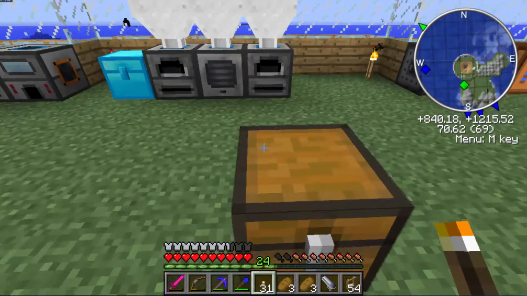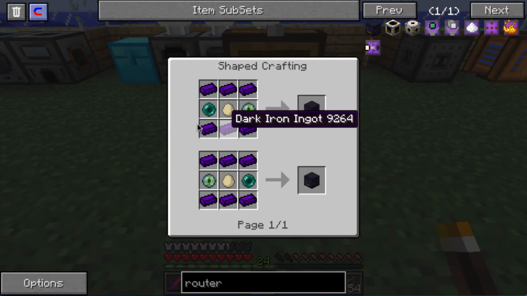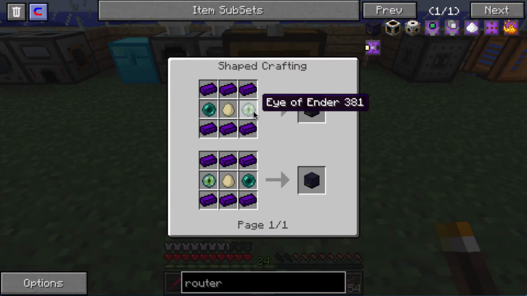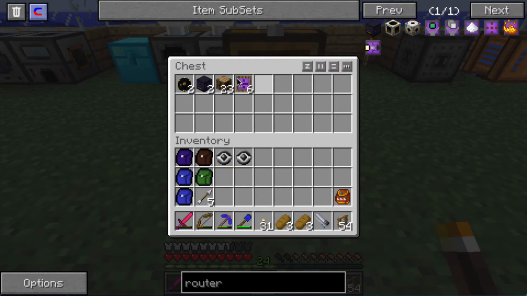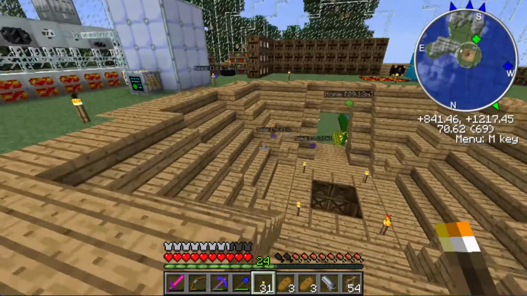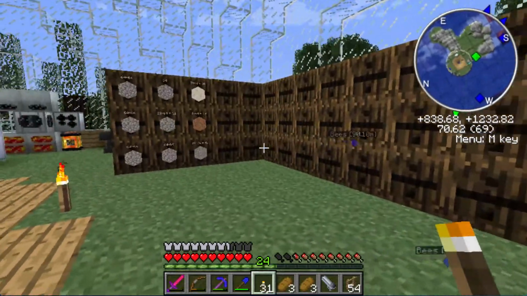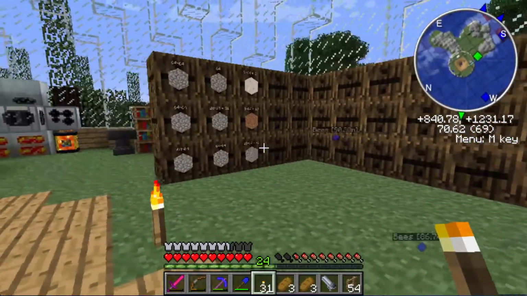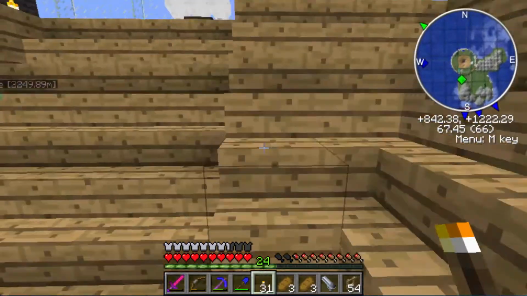Factorization has a nice little piece of gear called a router. Now routers and their associated upgrades are very powerful blocks. Here's the recipe for the router. It's basically ender pearl, egg, and an eye of ender. Eyes of ender, of course, are made from ender pearls and blaze powder. Routers can be used and configured basically to insert items into a large number of connected blocks, either machines or chests or anything basically that has an inventory. As long as they're all connected together contiguously, the router will be able to see them and either extract or